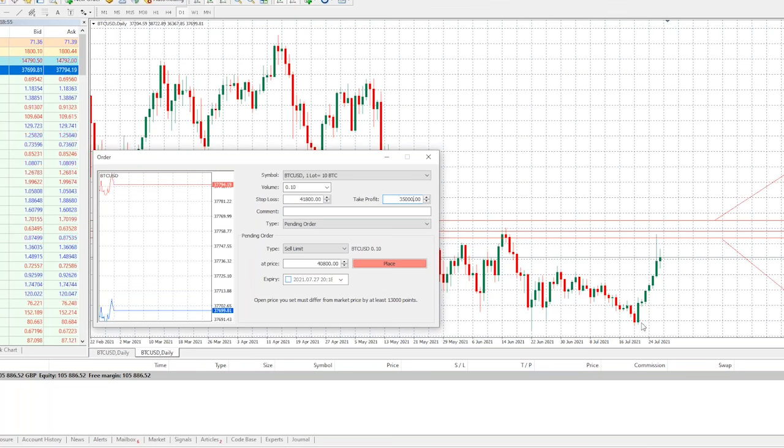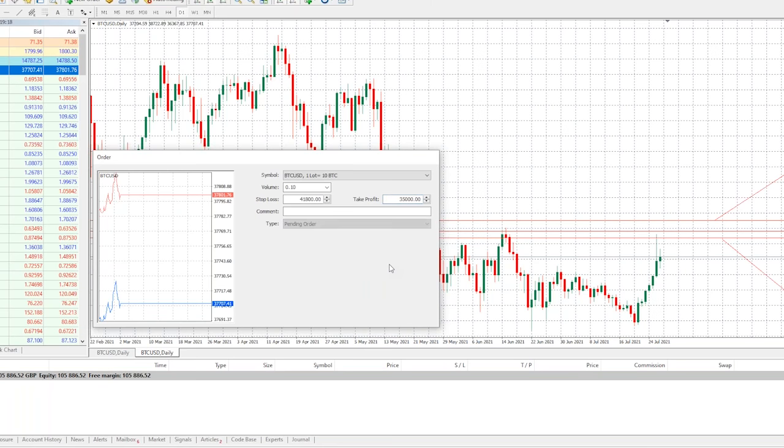Halfway to the support level down here at 30. So if it touches this area again up here near 41,000, it sells with the sell limit. You take profit if it goes halfway down towards the 30,000 support level. That's just an example. You could take profit at a different spot. You could enter at a different spot. But here's the pending order, sell limit. Okay, so